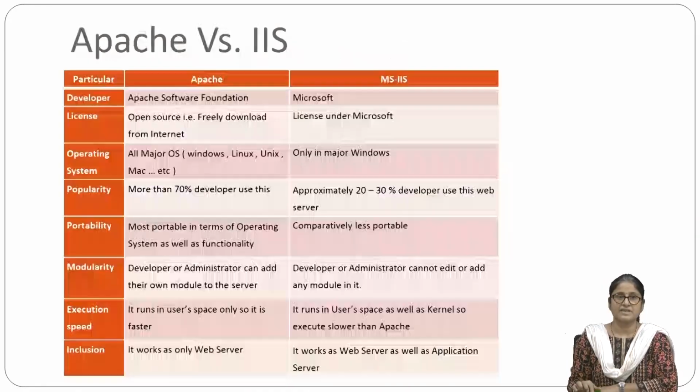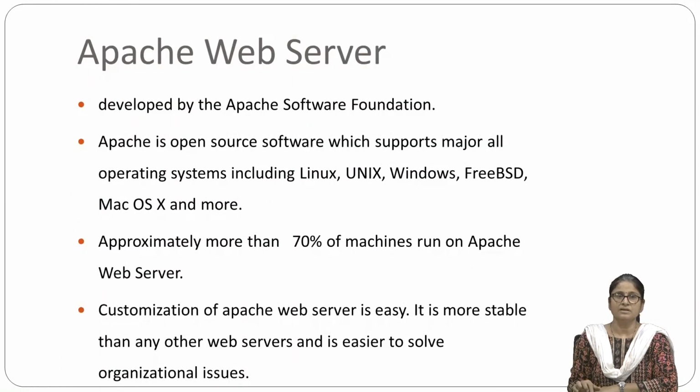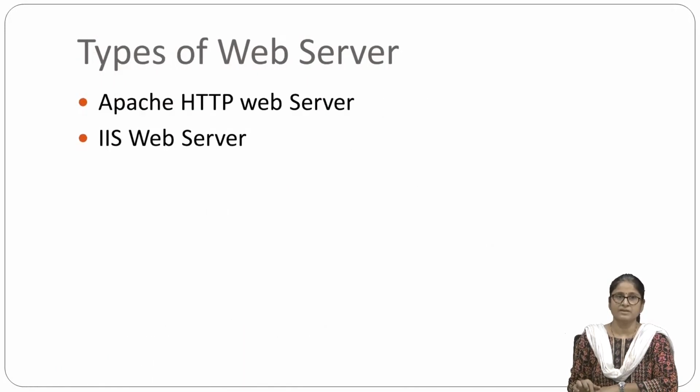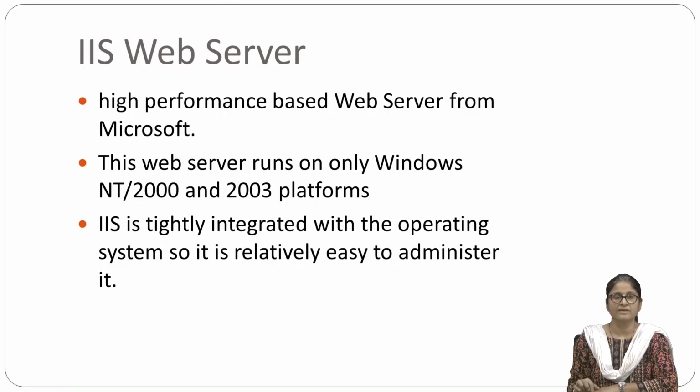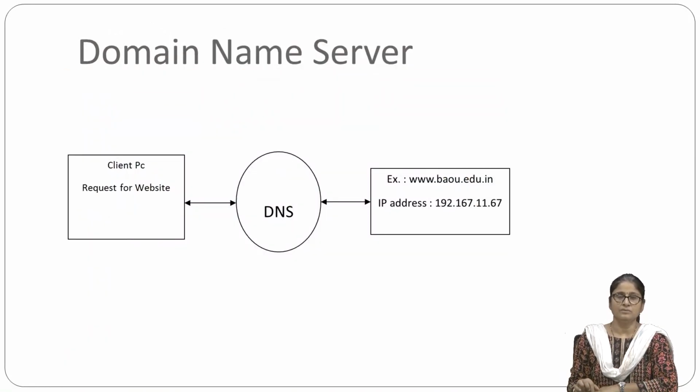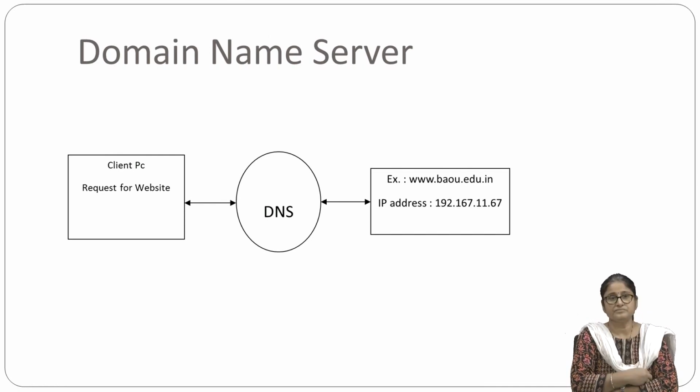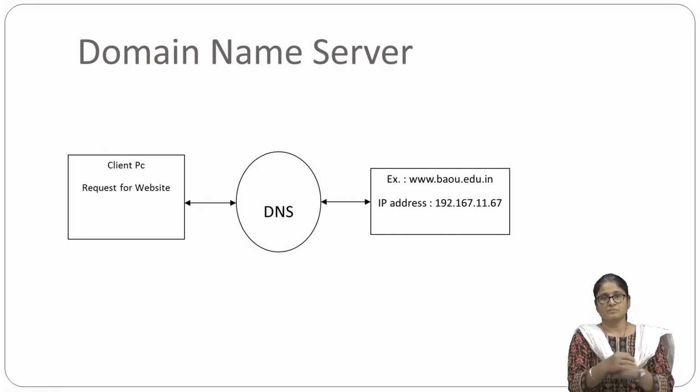Now, in the previous lecture we have seen what a web server is and the different types of web server, that is, the IIS server and the Apache server. Now let us see the domain name server. Basically, the domain name server is one kind of server which maps the